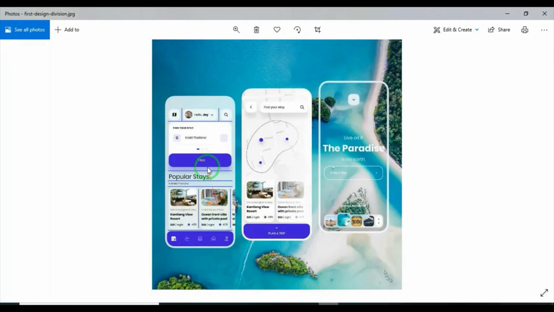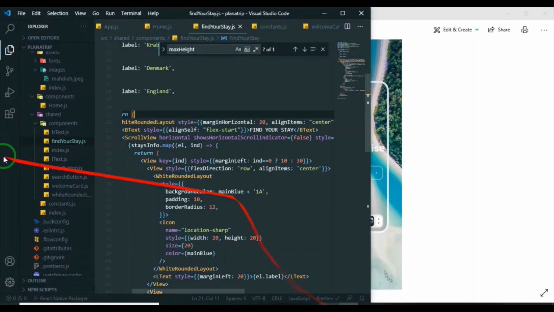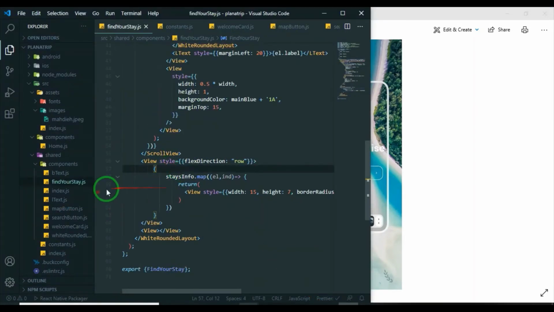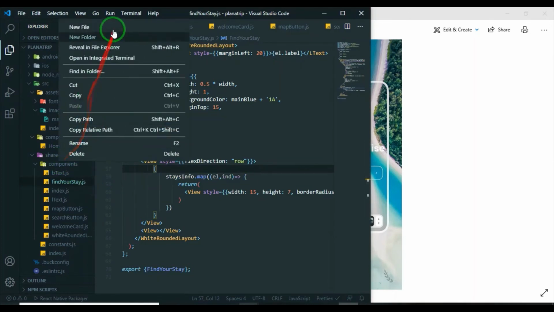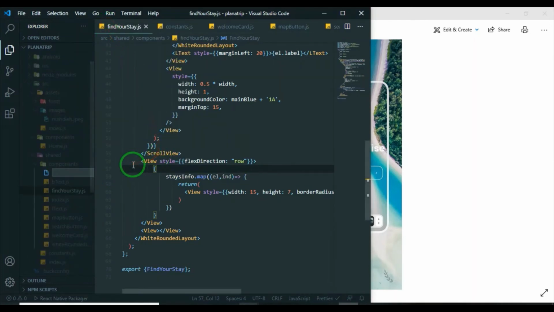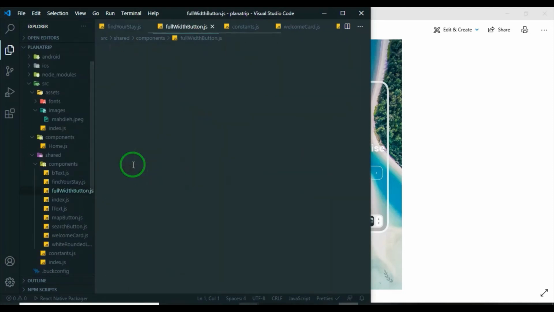We check the design again. We just need one full width button. Okay, we make it. Now we are going to create our full width button. So we go to shared components and make a full width button.js. Import React from React, import view from React Native, and just